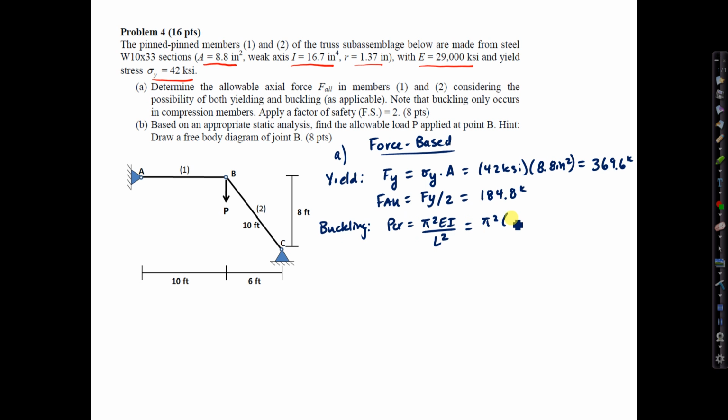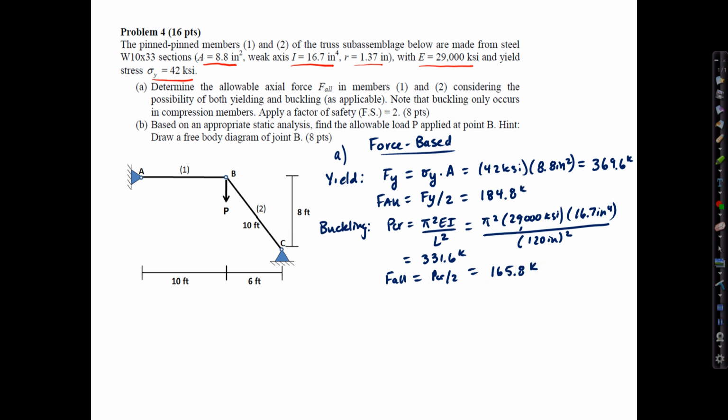Substituting numbers, pi squared times 29,000 ksi, times the given I, 16.7 inches to the fourth, divided by the length, 10 feet, or 120 inches, squared, and that computes to 331.6 kips. The F allowable based on buckling is P crit over 2, 2 being the factor of safety. That computes to